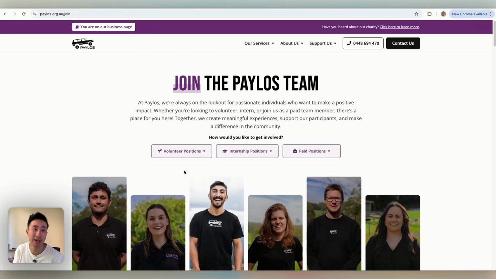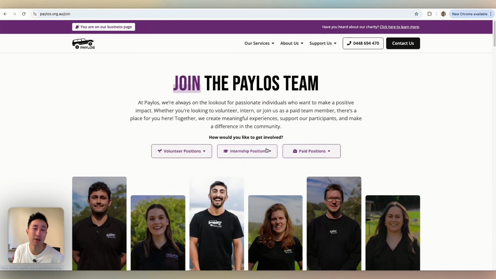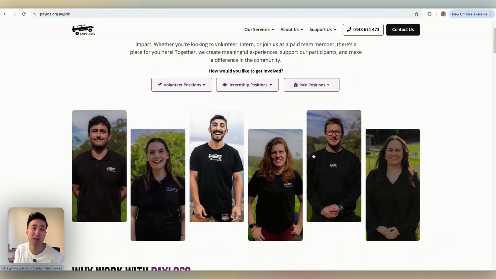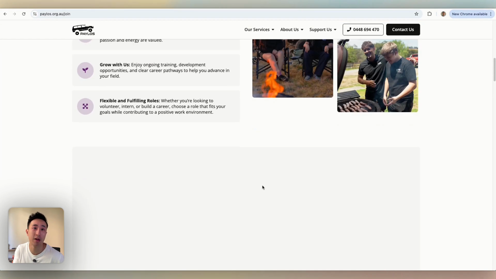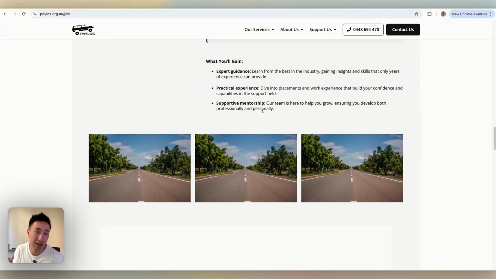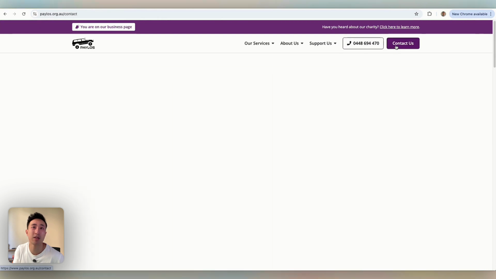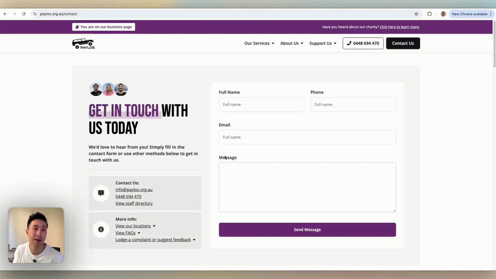So right here, you can see lovely images. And we have 3 different positions. You have volunteer positions, intern positions, and paid positions. So why work with Paylos, followed by why volunteer for us, or here's our internship, and it just follows that style. Then we can go ahead and hit contact us right here, which takes you to a contact us page